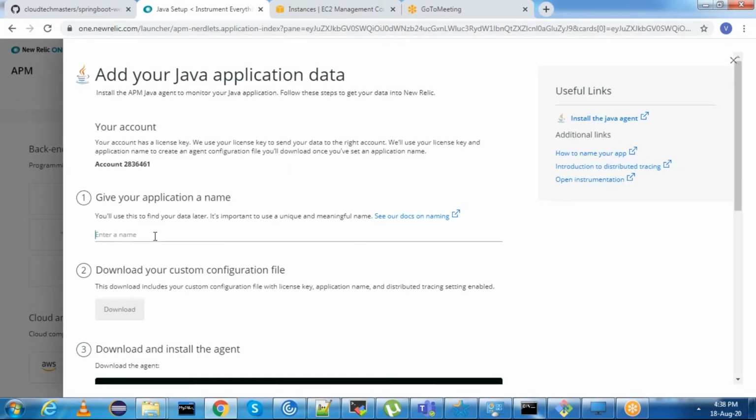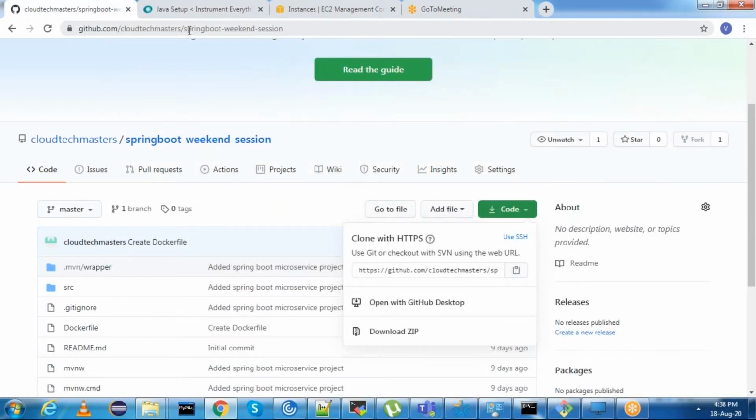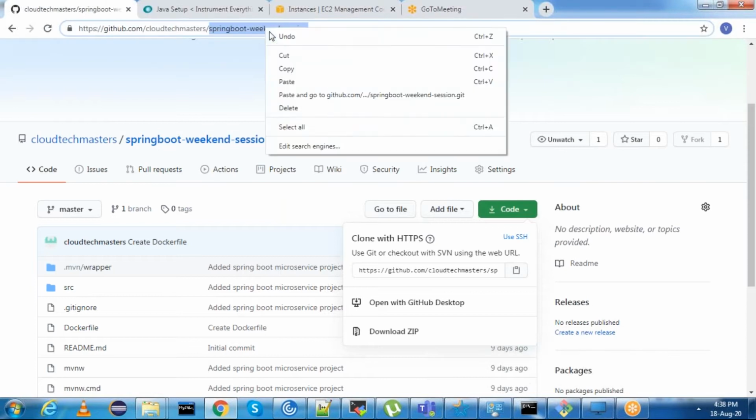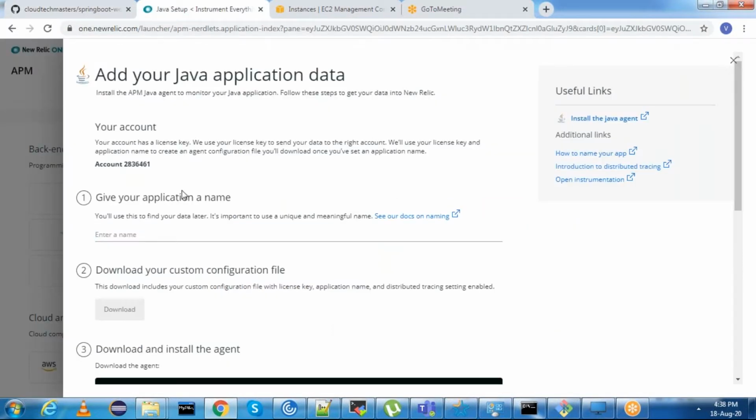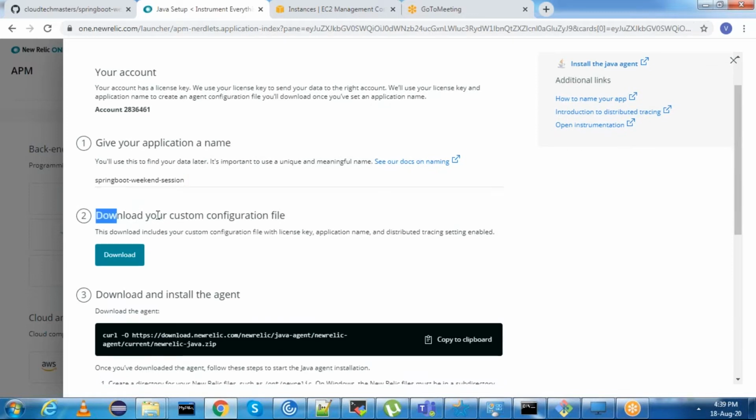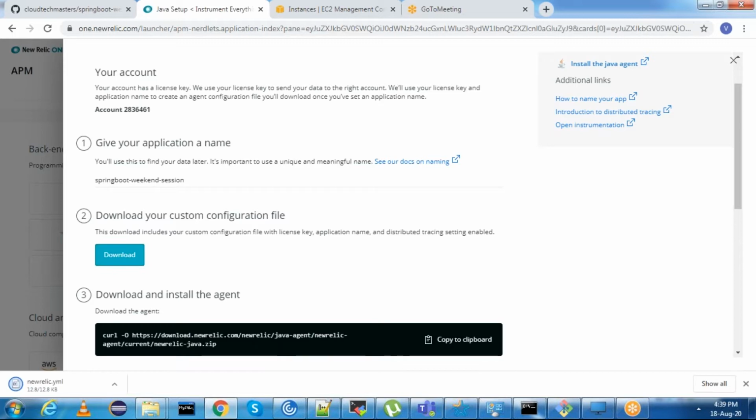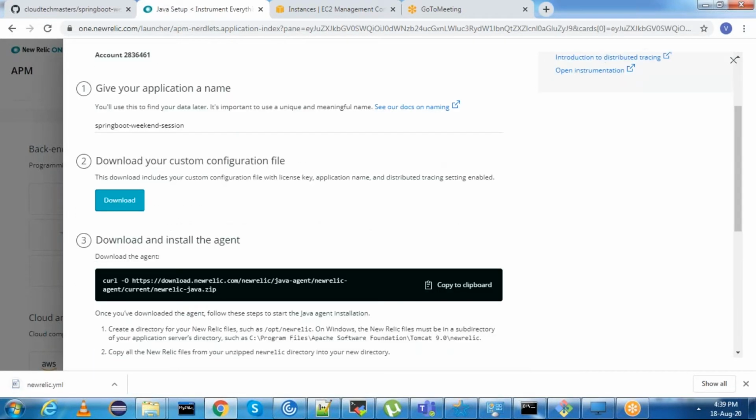It will ask you to mention the application name. I'll give this as the application name. Then it will ask you to download our configuration file. Click on download, and then we need to download and install the agent.